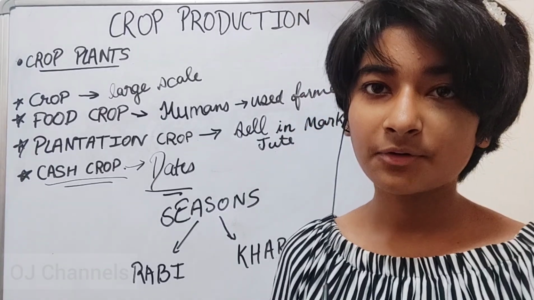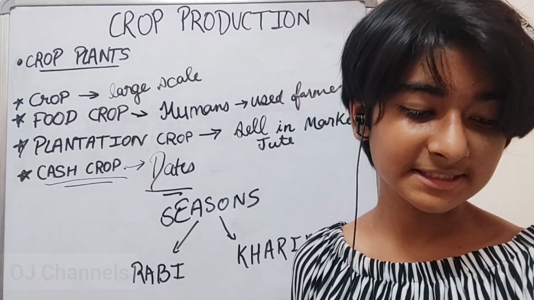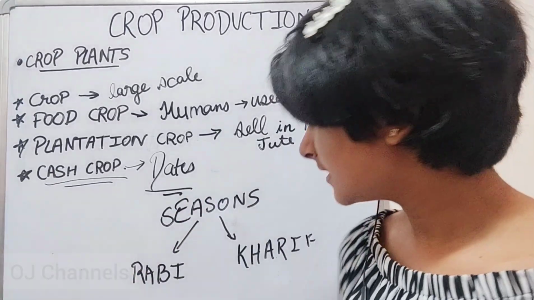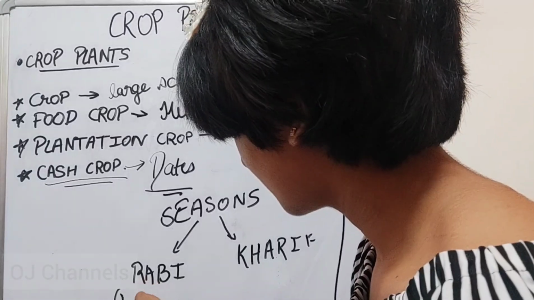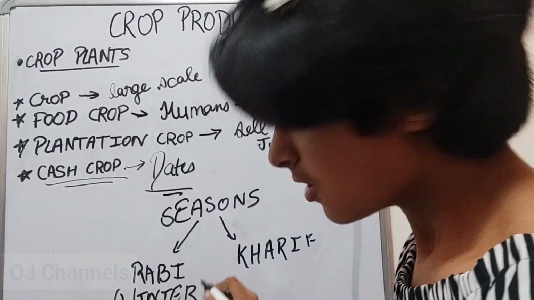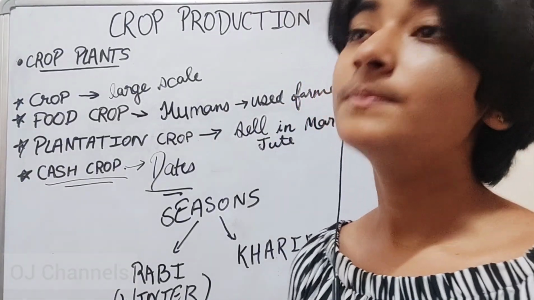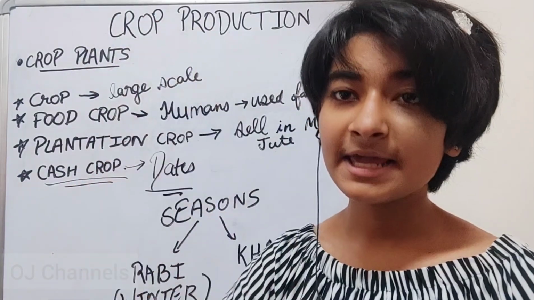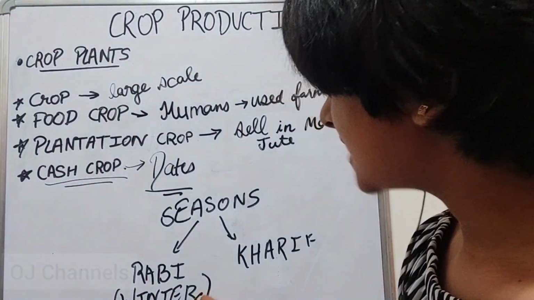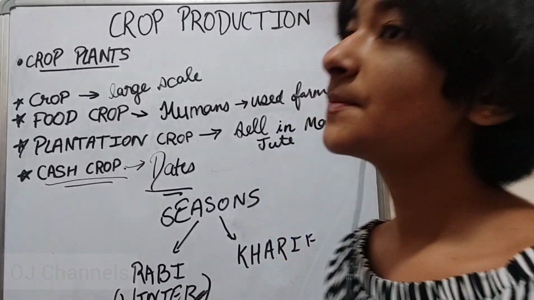Rabi crops are the crops which are sown in the winter season. They are sown in the month of October and December and harvested in the month of March and April. Like ये winter season वाले crops हैं, ये winter में sow करे जाते हैं. For example, gram, pea, linseed, इन सारे crops को ज़्यादा sunlight, ज़्यादा rain की ज़रूरत नहीं होती. ये इनको ज़्यादा सनलाइट, ज़्यादा रेन की, ज़्यादा वाटर की ज़रूरत नहीं होती. दैट्स वाई दे कम अंडर राबी क्रॉप्स.